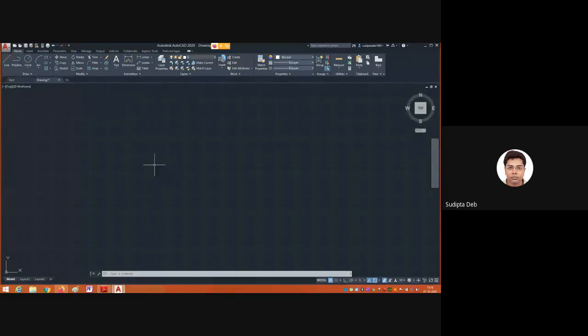For drawing anything, we can use the Draw toolbar. Either we can click from this toolbar or we can write the command directly. Here we also have the space where we can draw anything.